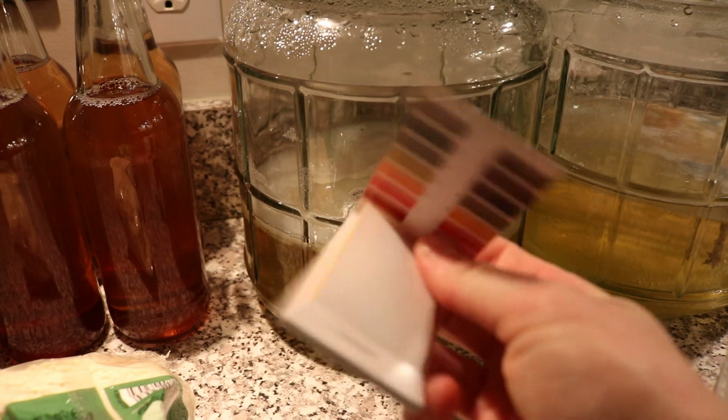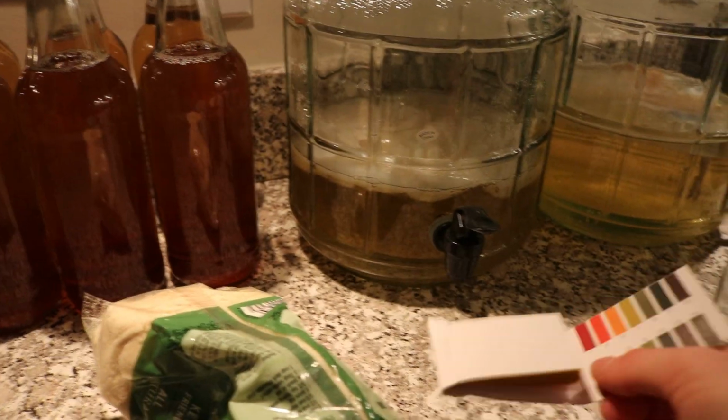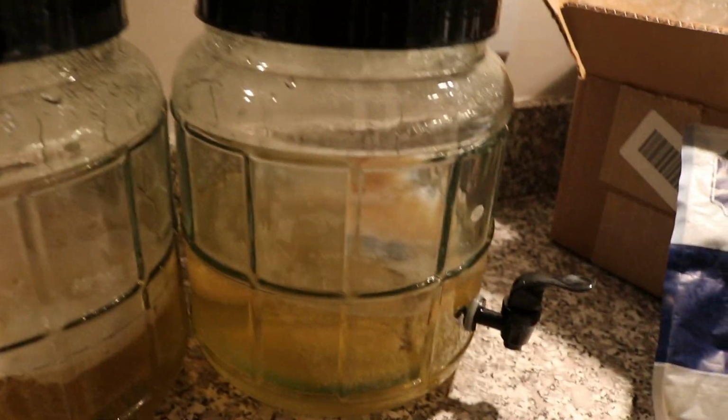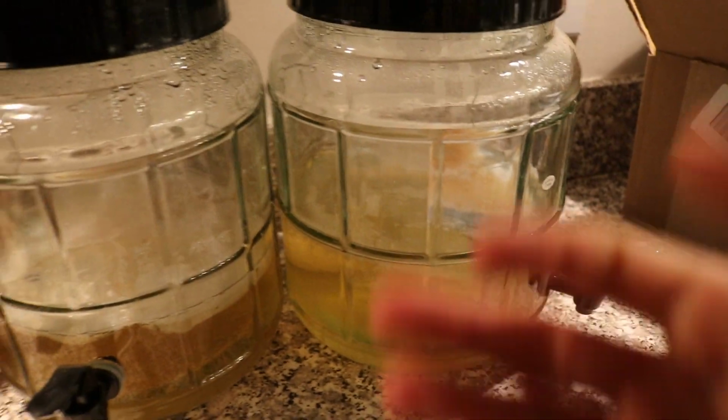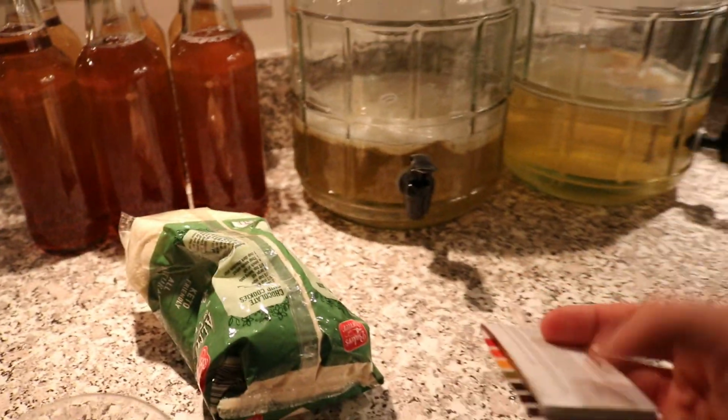But these pH test strips are really nice, because what you want to do is test your kombucha pH every time you brew. The reason for that is because you really want this thing to be at about 4 or lower. If it's below 4, then it's going to kill all that harmful bacteria. And then if anything does get in here, because you really want to be sterile with all this stuff,